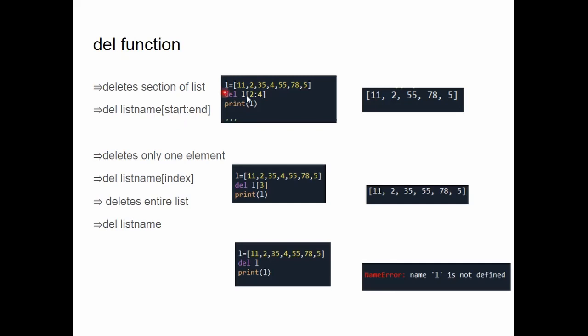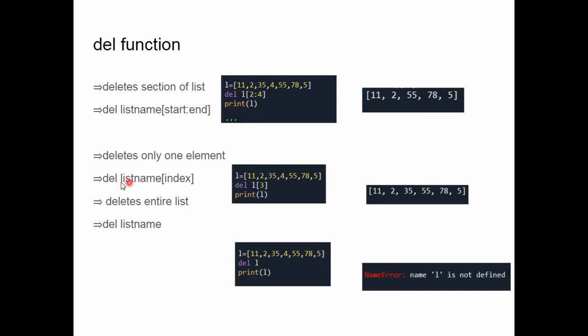So here one example is given: delete your list starting with index number 0, 2 to 4. So 0, 1, 2. So from here till 4. So 35, 4 will be deleted because it deletes till the last limit minus 1. So we are not finding 34, 35 and 4 in your original list now. If you want to delete only one element,